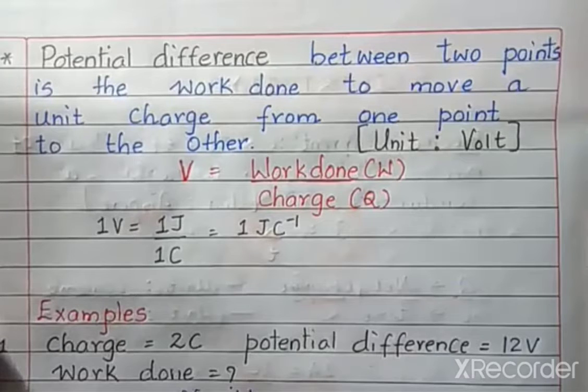Good morning, students. Electricity part 2, I'm going to explain now. Here, the potential difference between the 2 points is the work done to move a unit charge from one point to another. Okay, the unit of the potential difference is volt. V equal to work done divided by charge. Then 1 volt equal to 1 joule divided by 1 coulomb. And you can write 1 volt equal to 1 joule per coulomb. Okay,